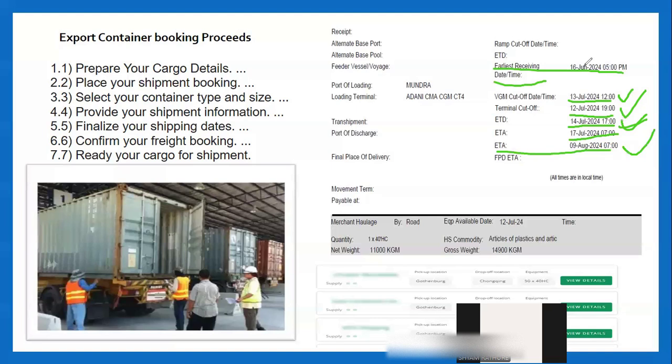Okay. So this is the booking delivery order. When CHA hands over this booking to the transporter for picking the empty container at the shipping line yard, you need to show this document. When you show this document, shipping line will hand over the containers to the CHA. Here we also need to understand